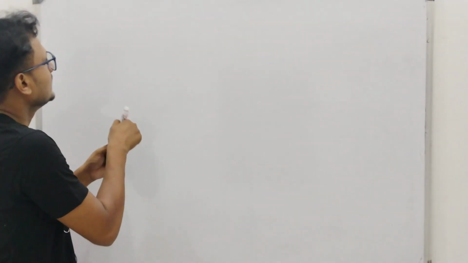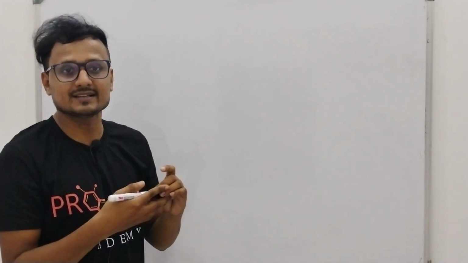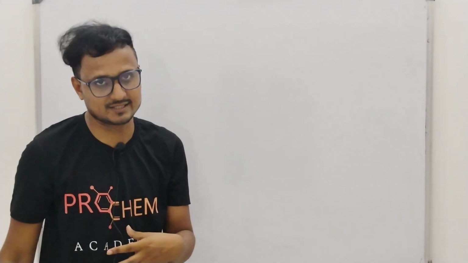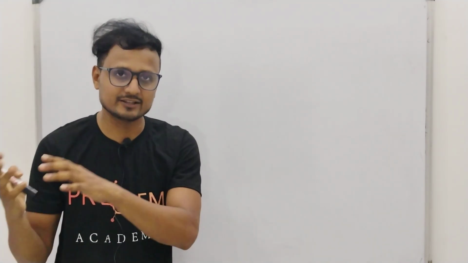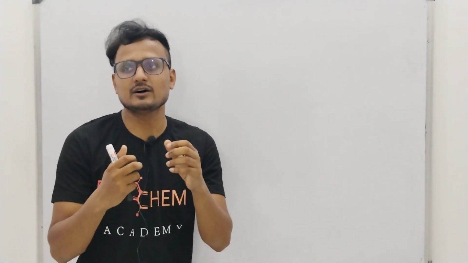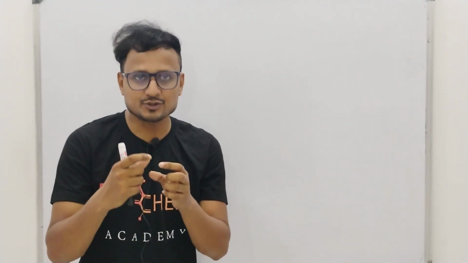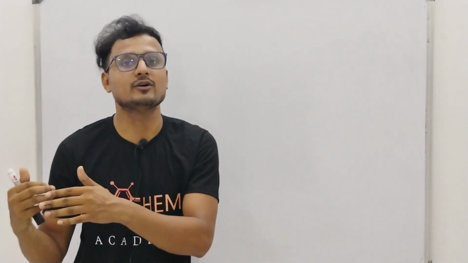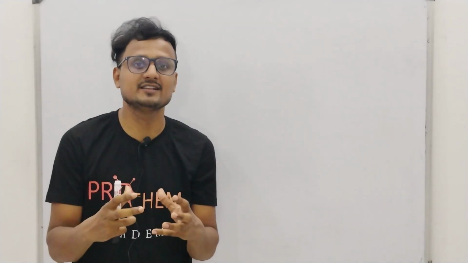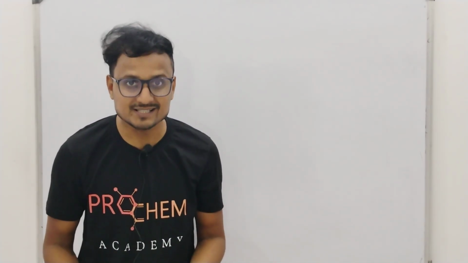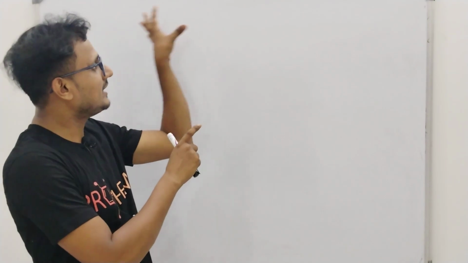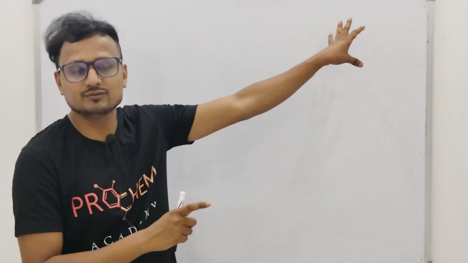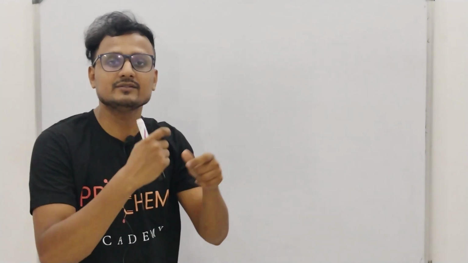Okay, so now I'll be writing one series here showing how to fill up the electrons into the orbitals. In class 11, as we have learnt in class 10, the electrons are in the orbits K, L, M and so on. But now there are some regions in the orbits which are called orbitals. There the electrons are present. So electrons will be filling up in the orbitals, not in the orbits. So I'll be writing a series of the orbitals, showing how we can fill up the electrons.